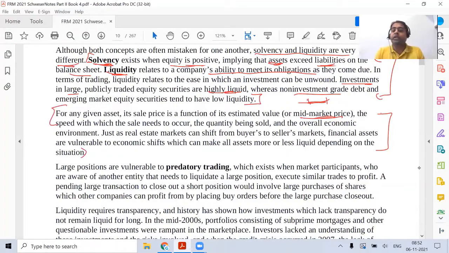Now let us look at this example, the next part, the real estate market. Read that example. They are saying that the real estate market is less liquid than the market which is driven through an exchange. The reason being there is high credit risk involved, there is high transaction cost involved. Hence, there is not much trading happening in the real estate market. Read that second paragraph.